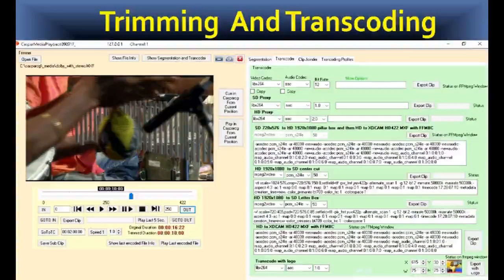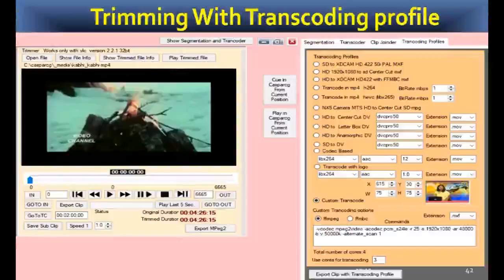The actual files reside in the LTO7, but you can preview the low-resolution files here. Trimming and transcoding: we need to trim, and not only trim, we need to transcode into some other formats, because YouTube files are of 24 frame or 29 frames. We cannot use that file in our transmission, or it cannot be imported in a timeline with some NLE. So we can transcode it here.